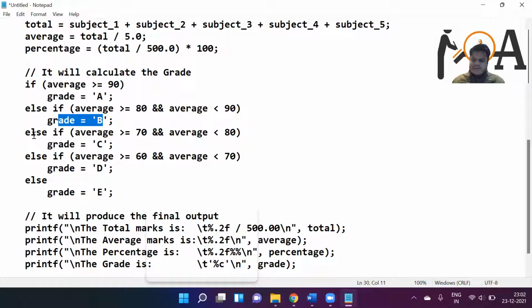One more else if in the ladder. If average is between 70 and 80, C grade is assigned.